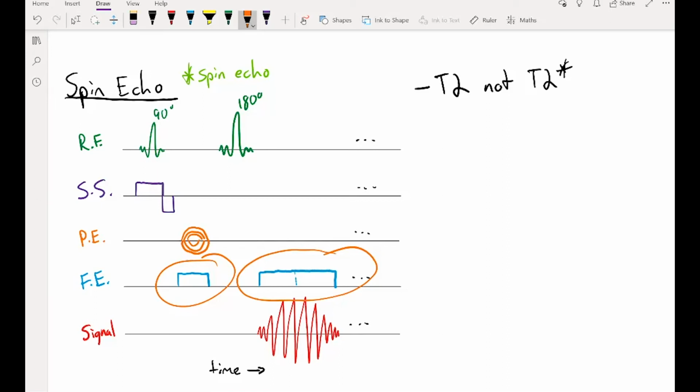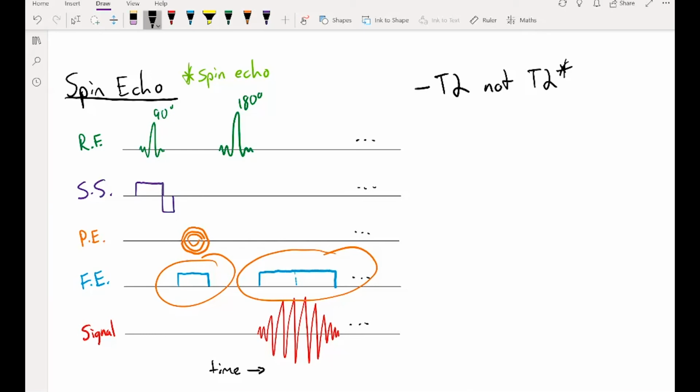They're always going to be imperfect in some way, just in terms of the slope of their change in magnitude from negative to positive. So by using spin echo, we account for those imperfections in the gradient, and that helps us to maintain more signal and not lose signal more quickly like we do when we're looking at T2 star based sequences. So that's another big benefit of